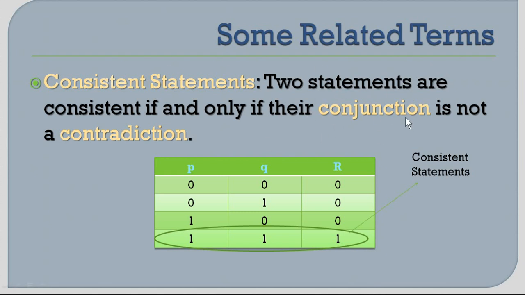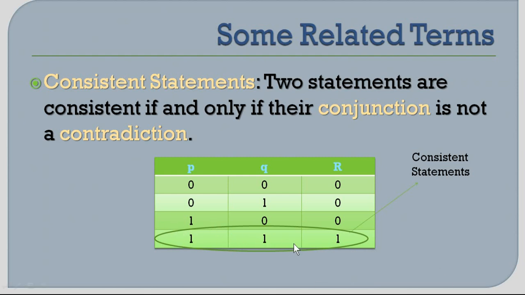So what is conjunction? Conjunction is related to the AND operator. You would have seen this in the previous video: disjunction, and next comes conjunction. In conjunction, you use AND, so P and Q, two statements. If you have two statements with a connective called AND in between, then you call it a conjunction. Is not a contradiction? Just now we saw that a contradiction is nothing but all 0.